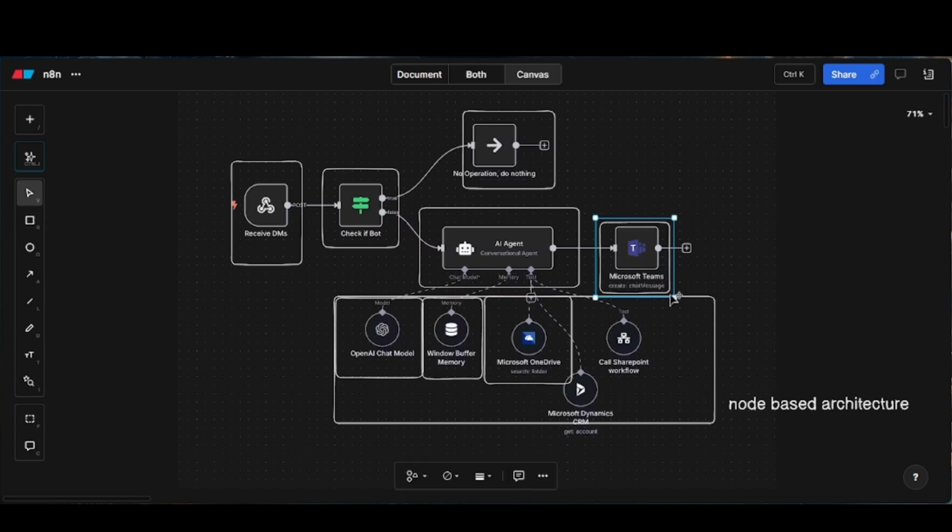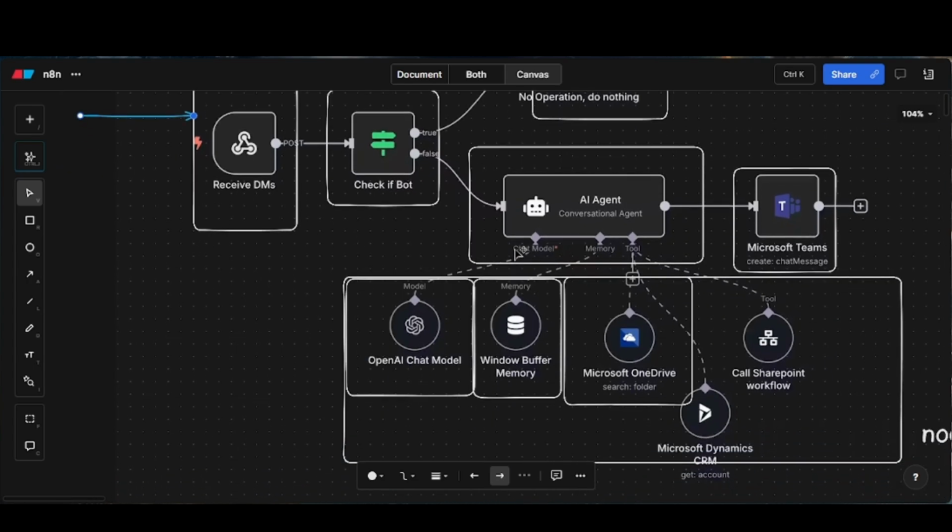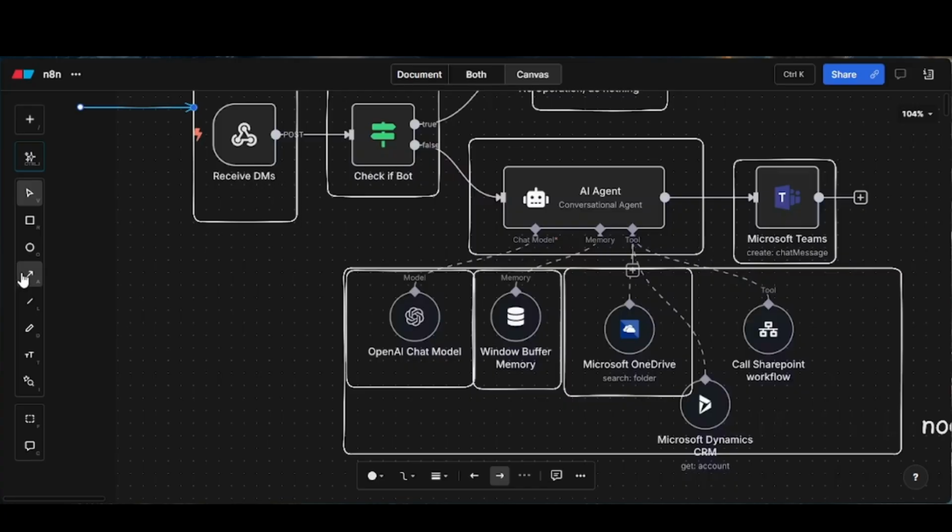What I could try to infer is that this workflow does the following: whenever I receive some sort of DM, my workflow gets activated. If you look closely, it checks whether it's a bot-generated DM or not. If it is a bot-generated DM, it does nothing. But if it is human-generated content, it is passed on to the AI agent, which then passes this message to my LLM model along with the rules that I've stored in my memory as some context